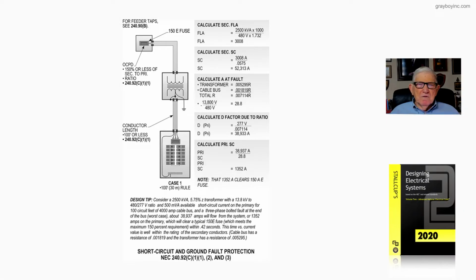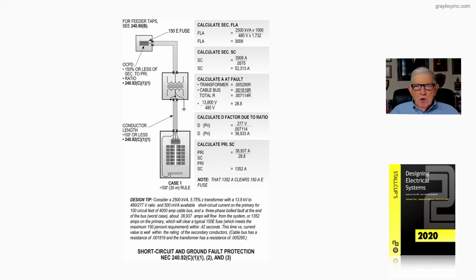Now let's look at this figure 20-41. Now this deals with the conductors over 25 foot up to 100 foot on the secondary side of the transformer that you see in the illustration. The primary now, we have a 150 amp set of fuses, and we're taking the sizing of the overcurrent device at 150% or less of the secondary to primary ratio in accordance with